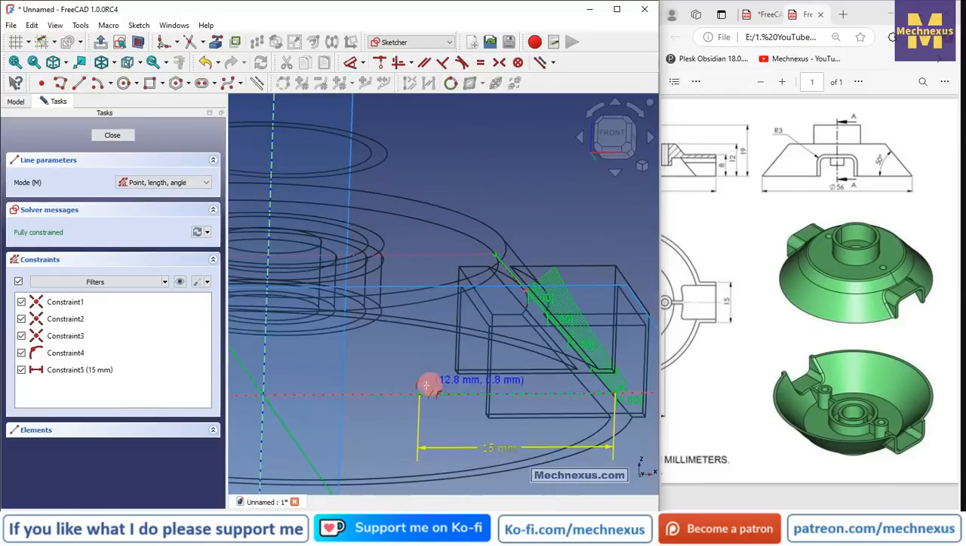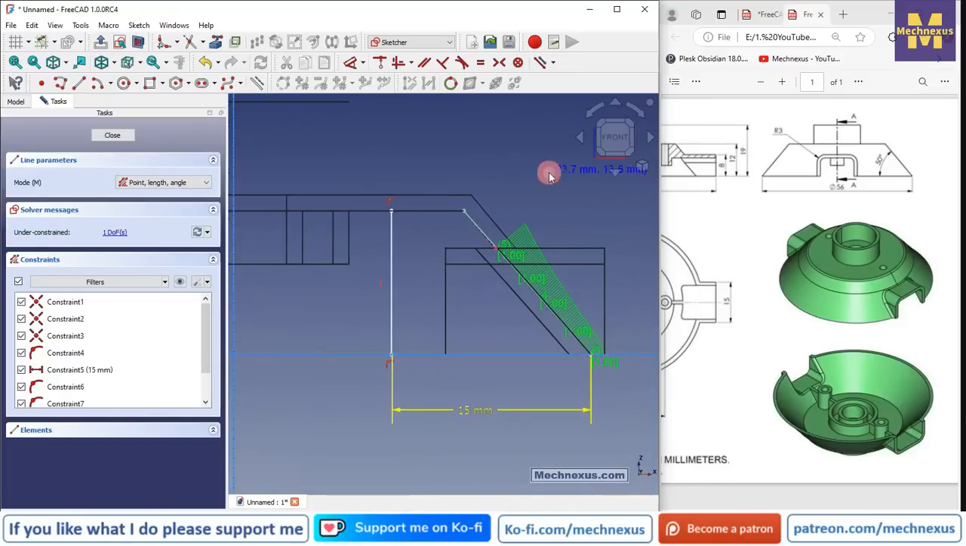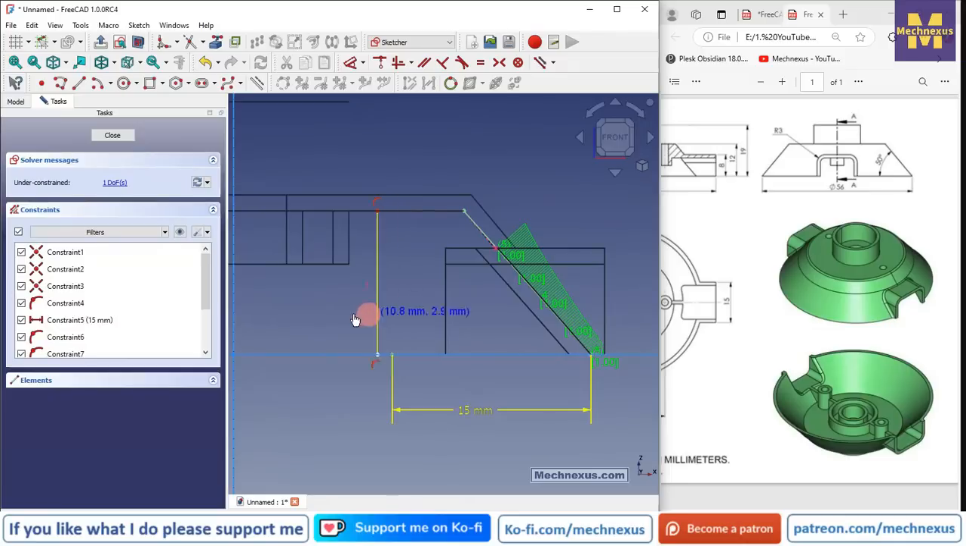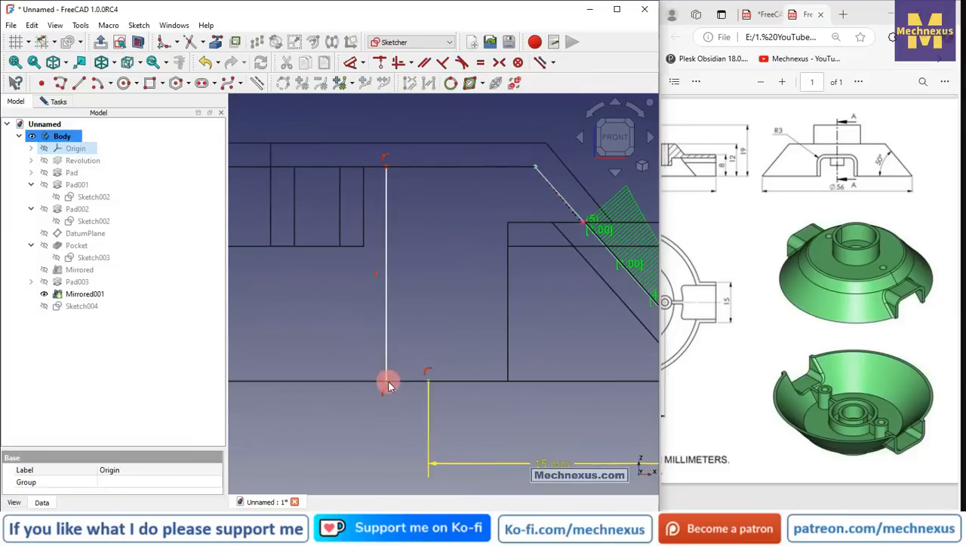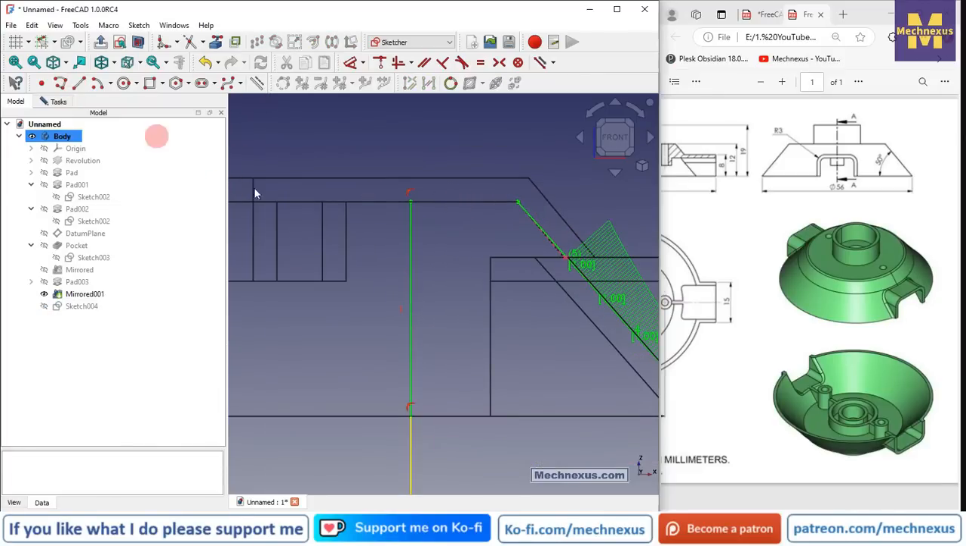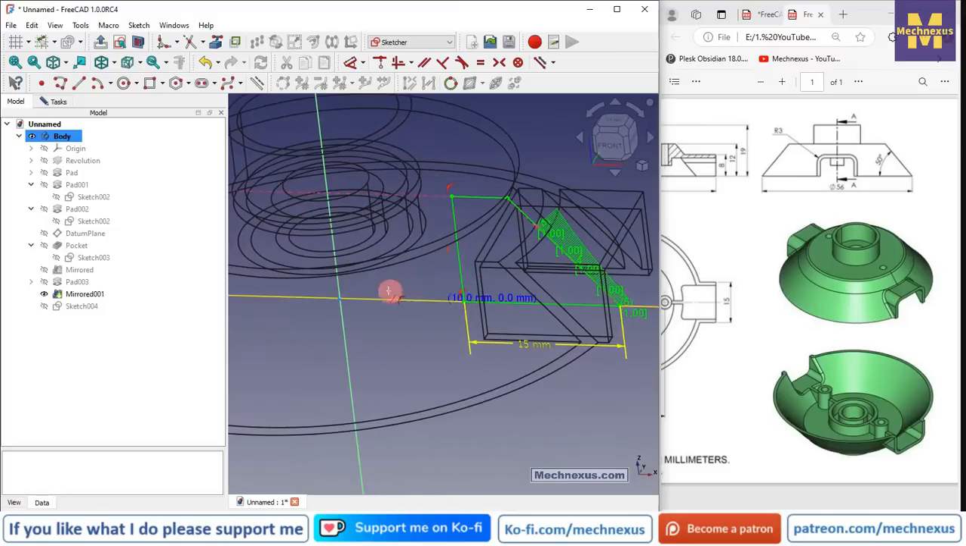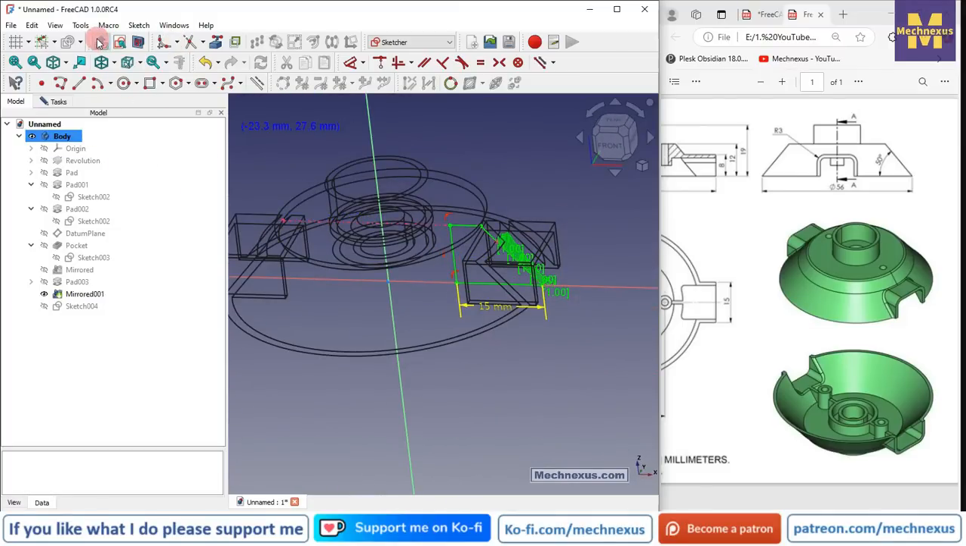And now I will select the line tool and close my profile. And here a coincidence relation appeared, which happened because of the origin plane. So I will turn off the origin plane and click on the coincidence, and now I will close my profile. So our profile is fully constrained. We will come out of the sketch,